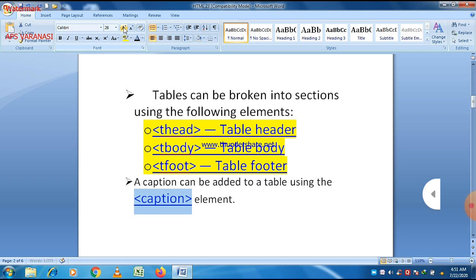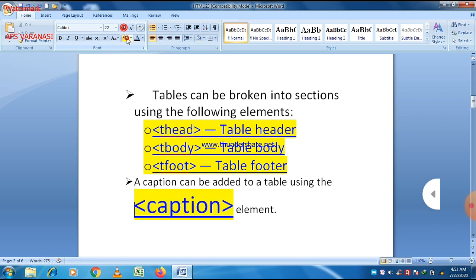And there is another tag used with table, caption. If you want to put a heading or title for a table, then we use the caption tag with the table. It is always used with a table. So the caption tag is used to add a title to a table.